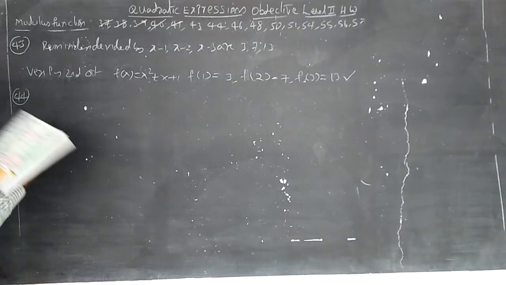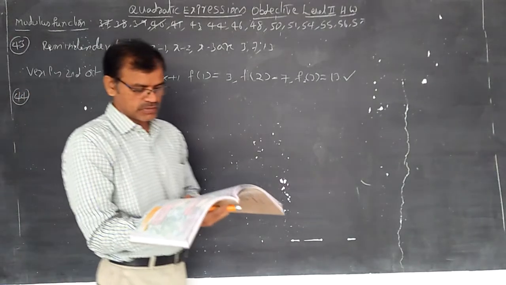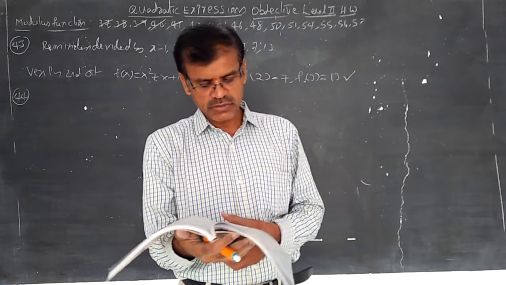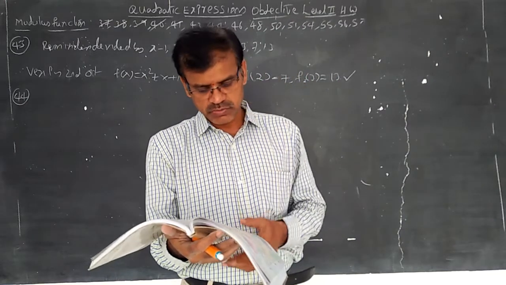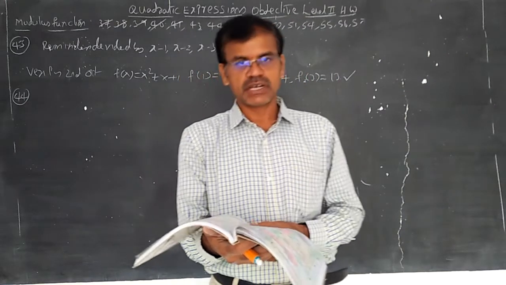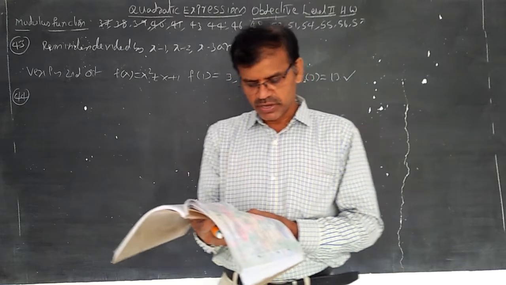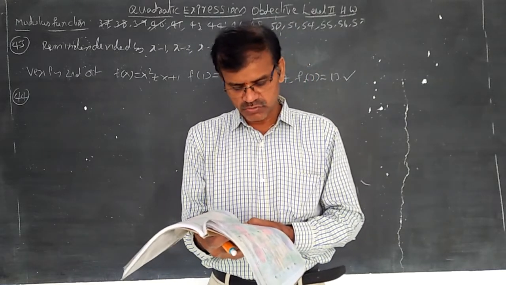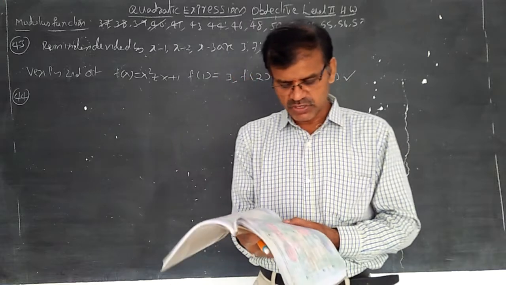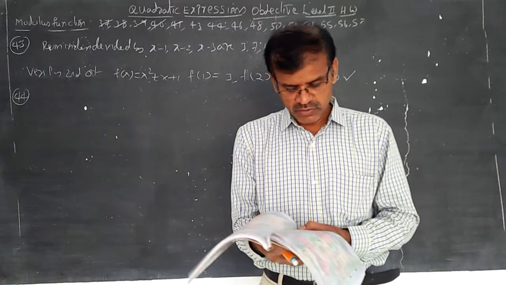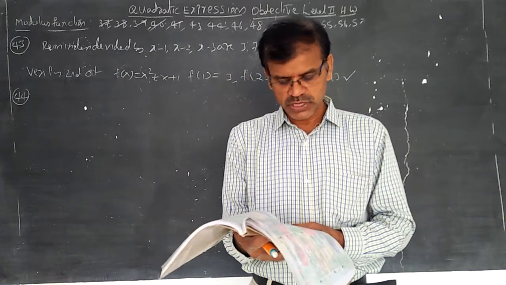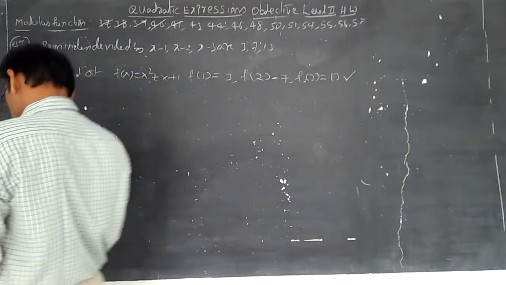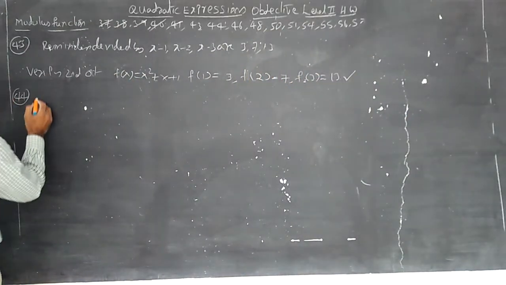It is also a variety question. Let a, b, c be real numbers, a not equal to 0. If alpha is a root of a square x square plus bx plus c equal to 0 and beta is a root of a square x square minus bx minus c equal to 0, 0 less than alpha less than beta, so alpha is smaller than beta and everything is positive, given indirectly. Then the equation a square x square plus 2bx plus 2c equal to 0 has a root gamma. Then gamma is... The question is long.